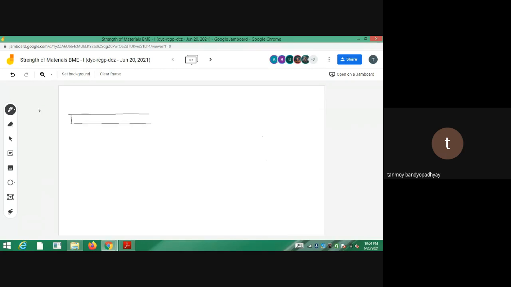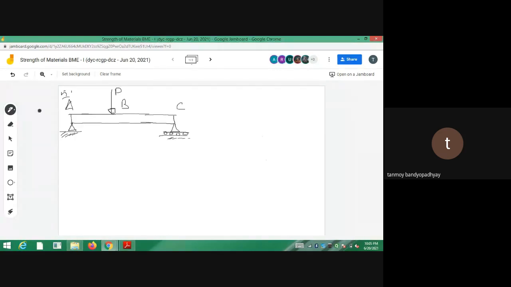Like this part of the note, I hope I have shared. You can see the problem number, this is 5.1. I'm not going back to the book, so you can always refer to the book from your end. This one was A, this is a point B, this is C. I have a beam that is in the simply supported condition, SS condition. Here you have a roller.